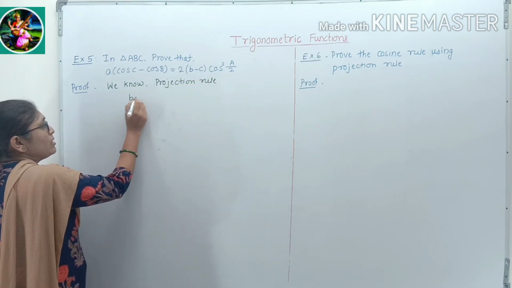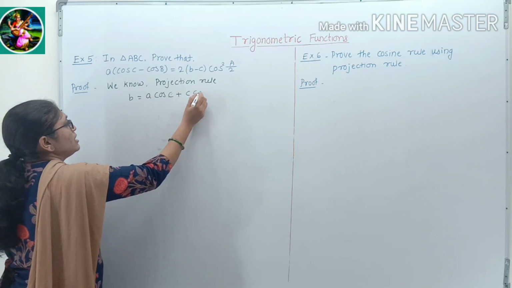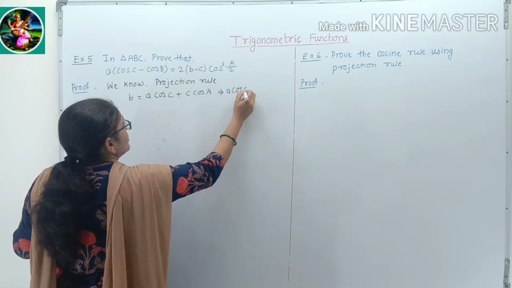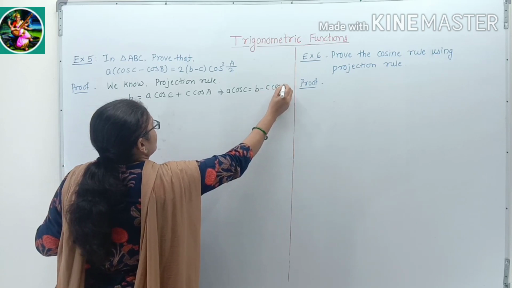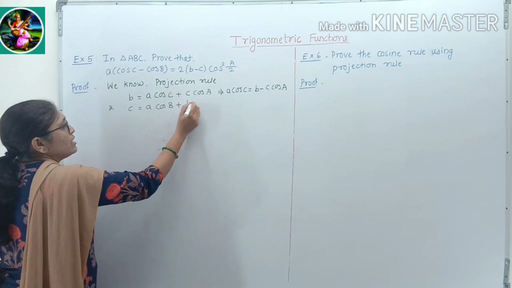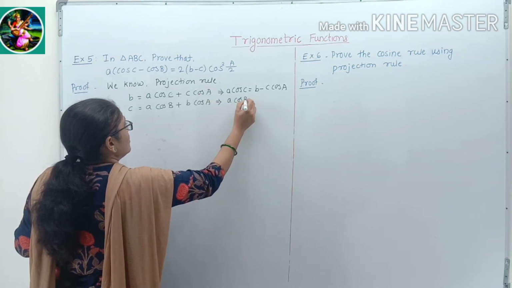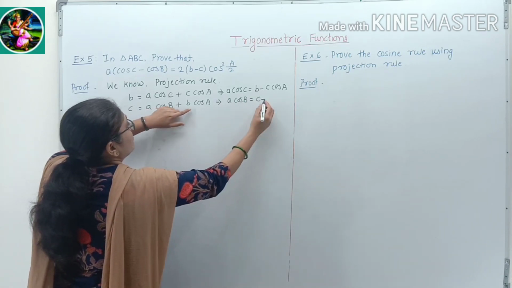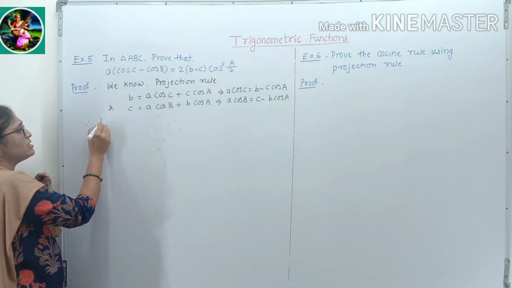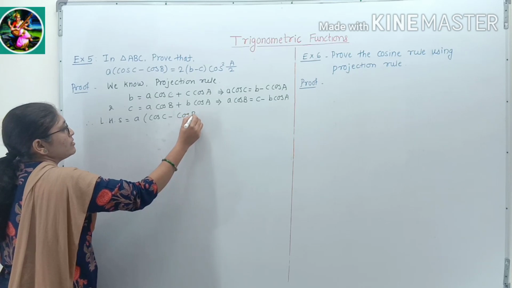that b is equal to a cos C plus c cos A. This will give that a cos C is equal to (b − c cos A), and c is equal to a cos B plus b cos A. And this will give that a cos B is equal to (c − b cos A). Okay. Now we consider the LHS,